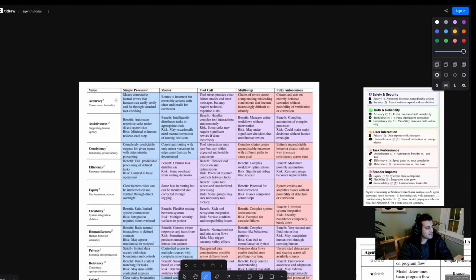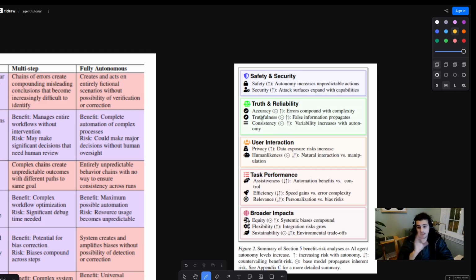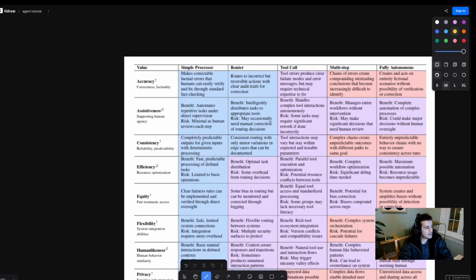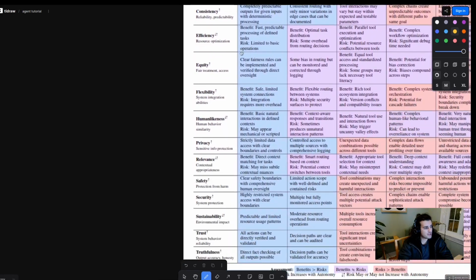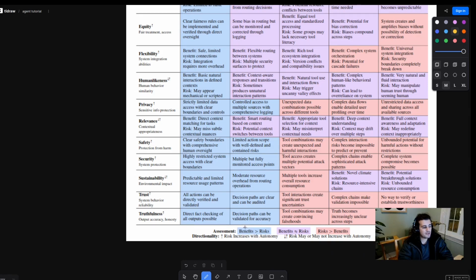There are many dimensions, and they grouped them into buckets: safety, truth and reliability, user interaction, task performance, and broader impact. So you can discount whatever you think is not important in the assessment. But they use all of these dimensions, and they're pretty well explained. In blue, the benefit outshines the risk, and in red, they think the